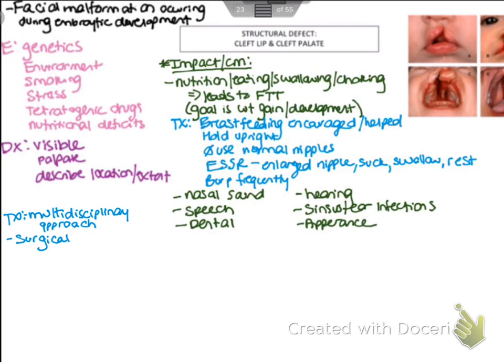It's surgically repaired. We're going to talk about that in just a second. A cleft lip, we repair first. They get repaired at 6 to 12 weeks of age. So if we're waiting till 6 weeks, do you see why nutrition becomes such an important issue? Because for 6 weeks, the parents have got to figure out a way for the child to grow, because they need to be big enough and healthy enough to undergo the surgery. So they get their first surgery for their lip at around 3 months.